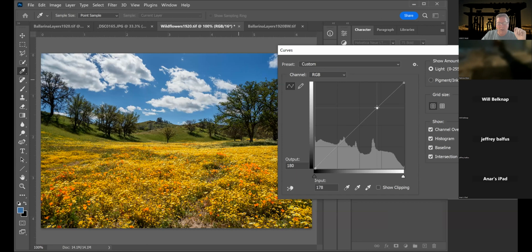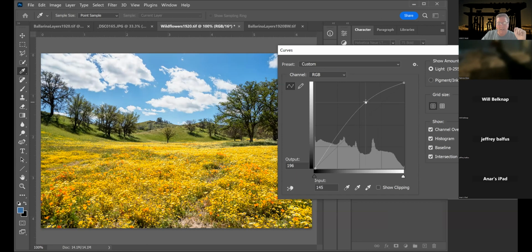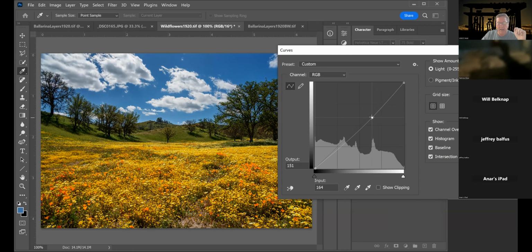I'm going to grab a point and I can make the highlights really strong or bring them really down quite a way, or I can choose another point. So you have to get familiar with curves in order to use them properly. But it's strictly grabbing a point on this, which is dark to lights,